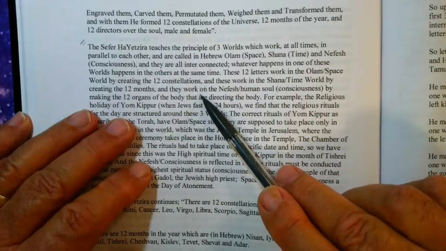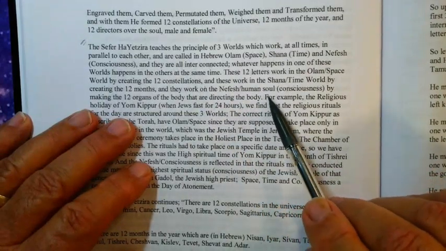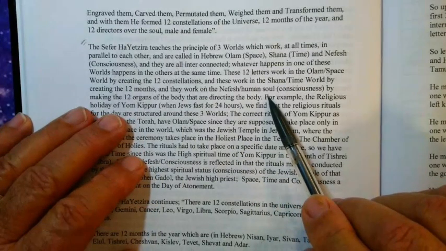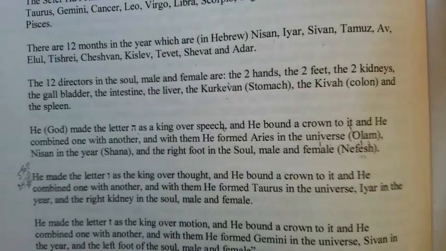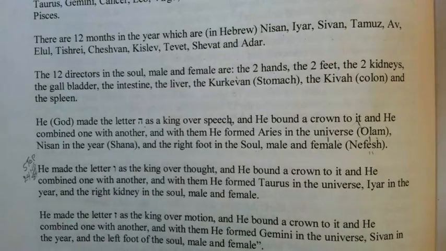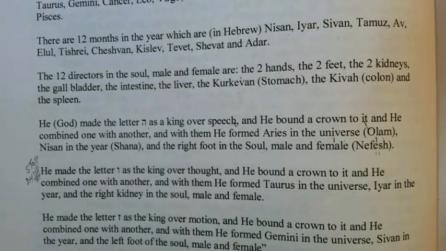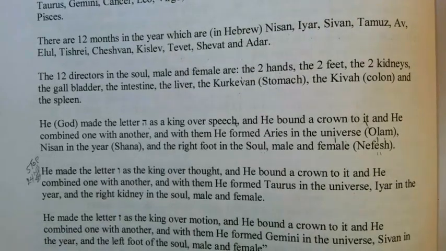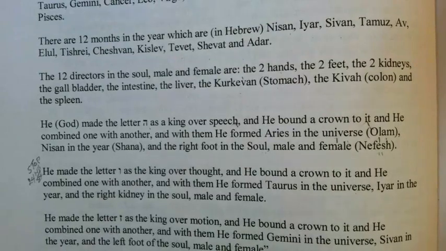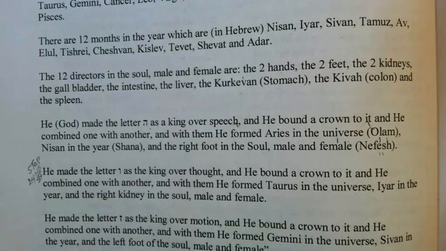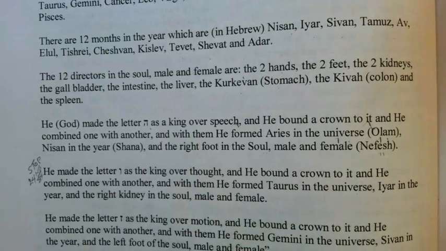Now, then they created the 12 months and the work on the Nefesh, the human soul. The last one is called Nefesh. That is, we can be conscious of this, and we can direct ourselves towards it. Now, that's all that I really want to say here, because I want to get into seeing if there's anything understandable about this particular bit of phraseology. We have the concept again of Olam, which means the background, the world, the stage in which we live. We have Shana, which means that it's constantly changing. It's not permanent. And then the last one is Nefesh, that we have the ability to direct ourselves towards it intellectually and emotionally or spiritually.